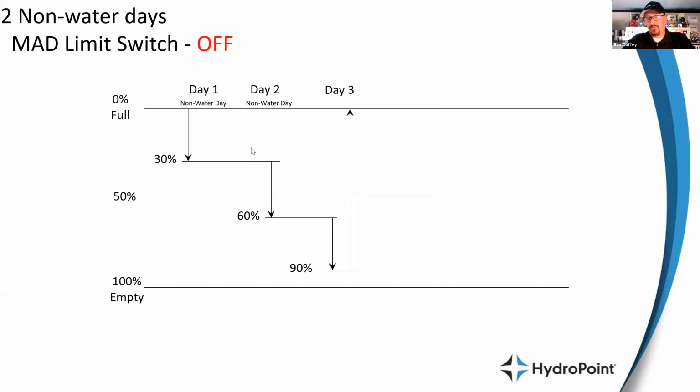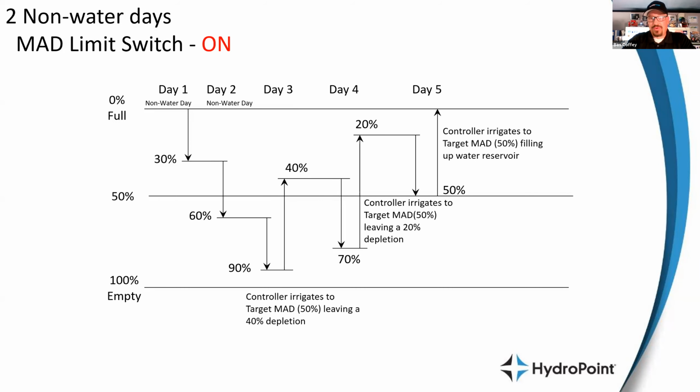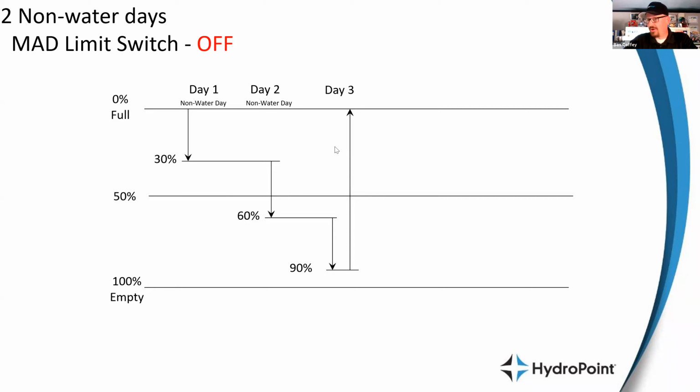And so with that, of course, when the Mad Limit switch is off, WeatherTrack is going to apply all 90% of that back to zero. We're going to run that sprinkler system for almost twice what a full 50% program would look like, to make up for the excess depletion that station has accumulated, which is right by the model. It's behaving the way it should, but it does create long run times that then make that slippery surface and make the sports field